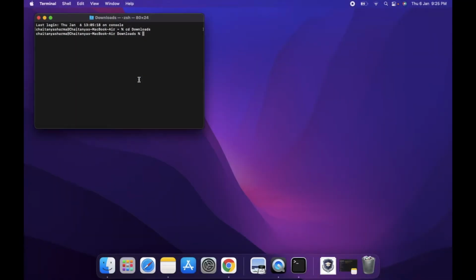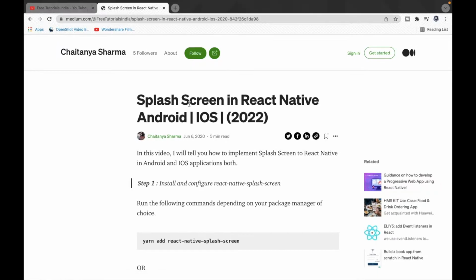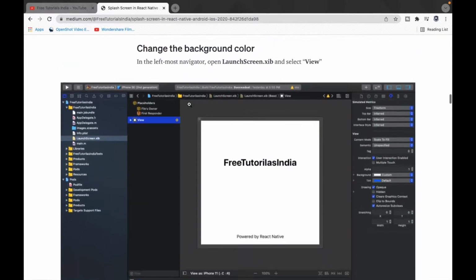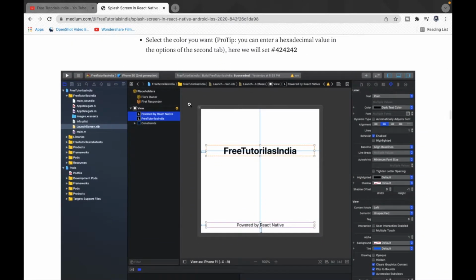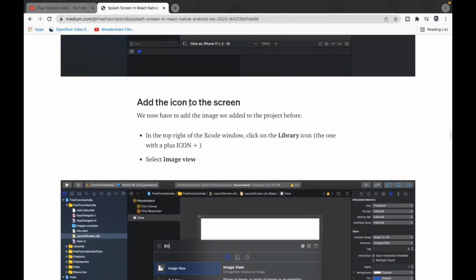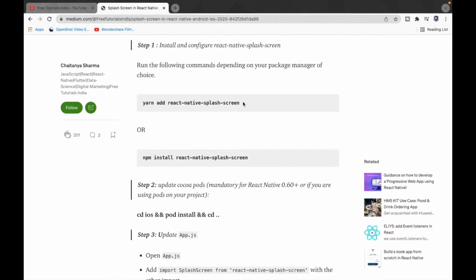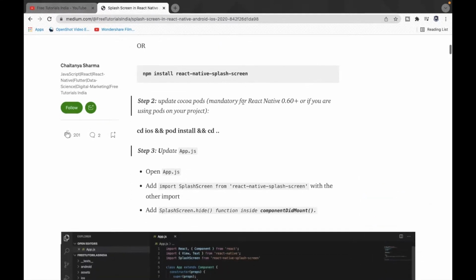So the process is very simple. I have created a document. This is the document. You just need to follow this document to implement React Native splash screen in iOS. In this video, I'll show you the iOS part. Tomorrow, I'll do the setup for Android so that I'll show you the Android part also. So let's start. I'll just follow these steps one by one, and at the end you'll have a splash screen